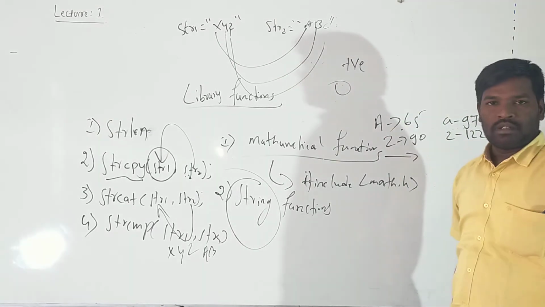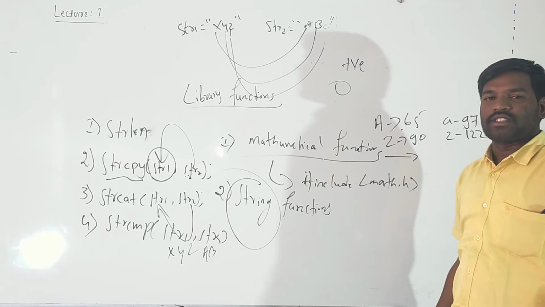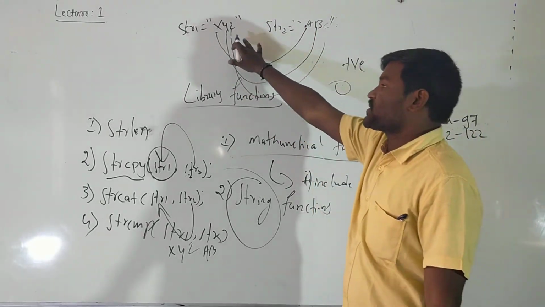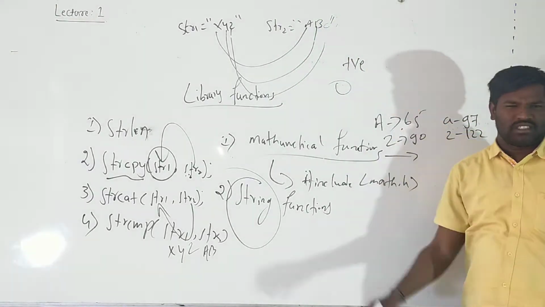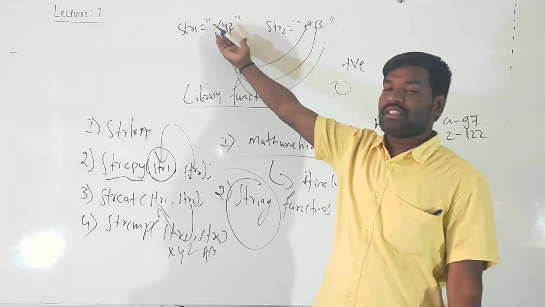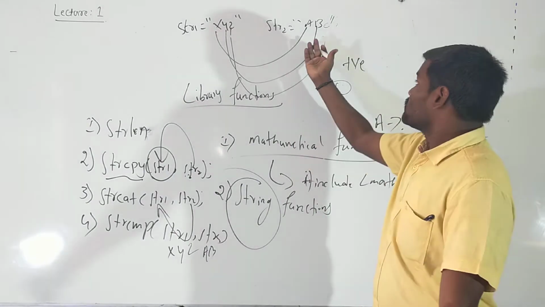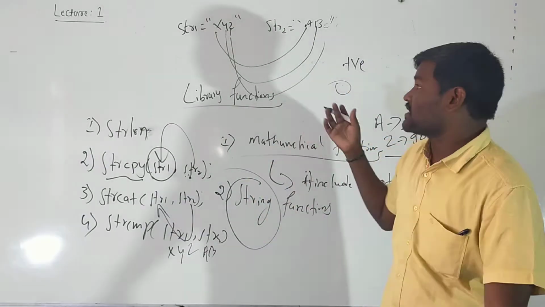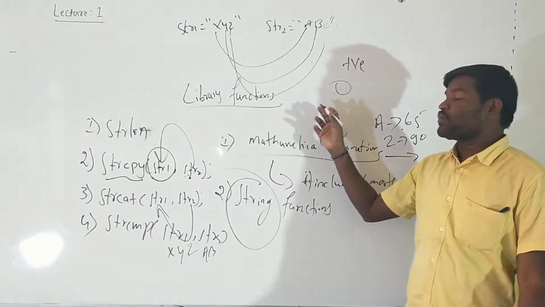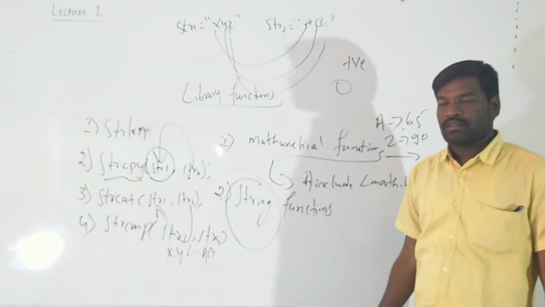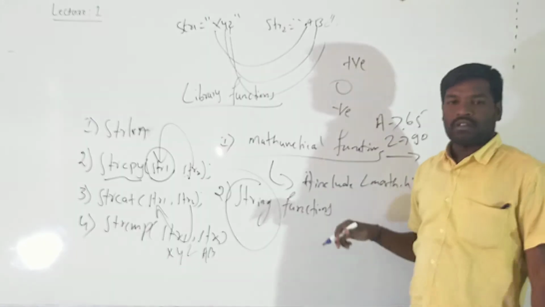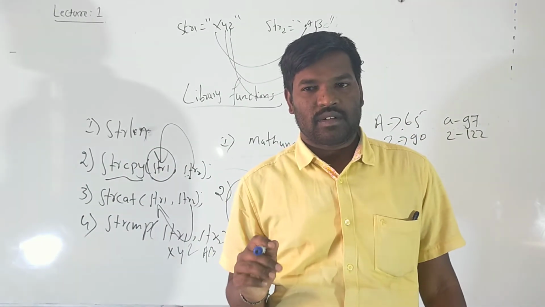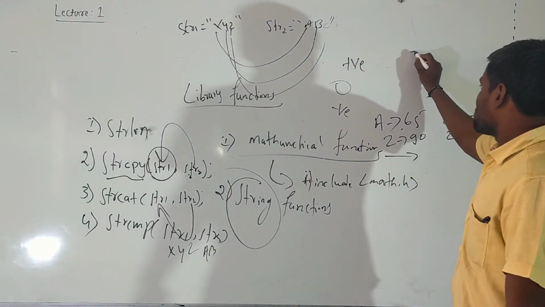Positive, another result: positive means string 1 is greater than string 2. Here small xyz is there, and here capital ABC is there. Obviously small x is greater than A, small y is greater than B, small z is greater than C. This time string 1 is greater than string 2. And negative means string 1 is less than string 2. Okay. Fifth function is